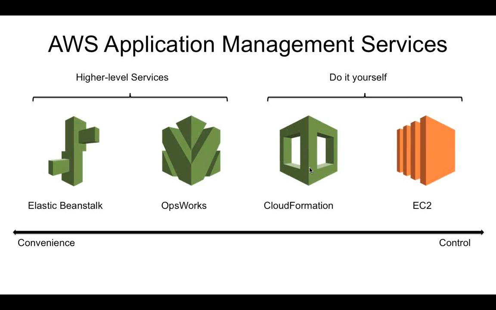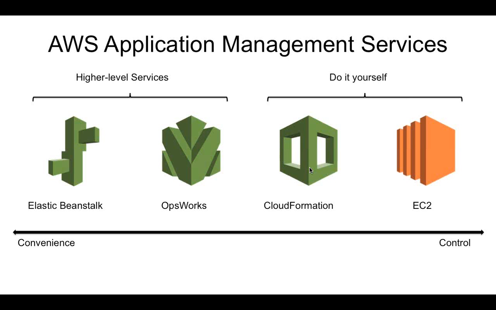Now, let's talk about the application management. Ultimately, you want to automate everything. You want to have efficiencies and you want to scale. You have a lot of different options how you manage your application. On the left is the easy, convenient, outsource as much as you can option. On the right are the options for I want to have full control of everything. So the most extreme option on the right is that you just use the bare EC2 and you manage configurations, application management yourself. You can do that, but again, is that your core business?